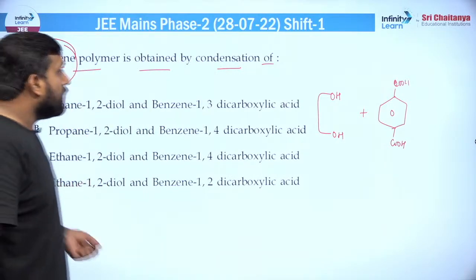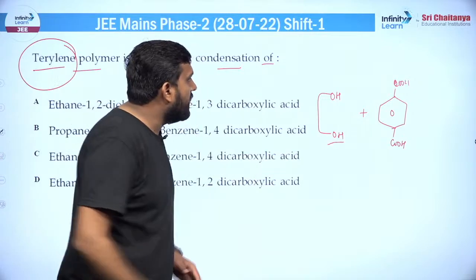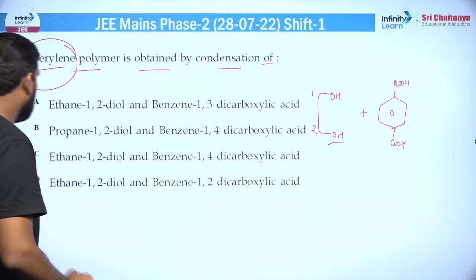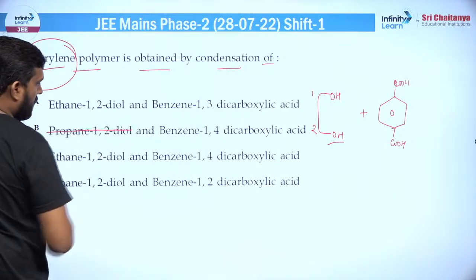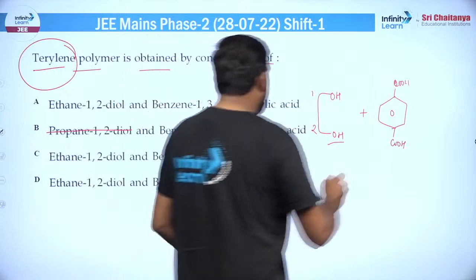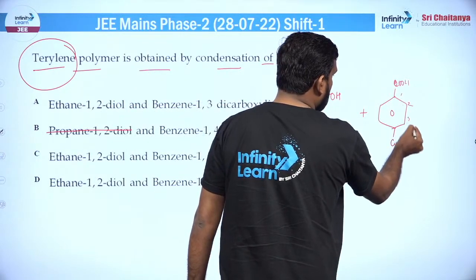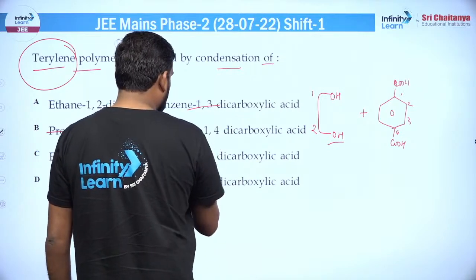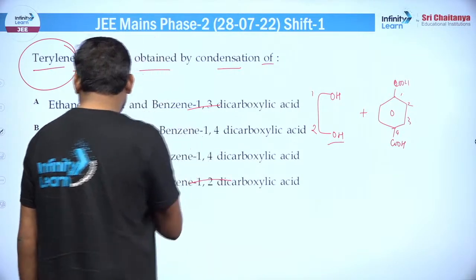तो लेट्स चेक द आंसर्स। IUPAC नेम दिया हुआ है, तो इसको हम लोग इथेन 1,2 डायोल बोलेंगे क्योंकि 2 कार्बन है और दोनों पे ओल लगा हुआ है, तो ये ऑप्शन गया। अब बचे 3, और ये 1,4 डाइकार्बोक्सिलिक एसिड है, 1, 2, 3 और 4, तो 1,4 वाले बचेंगे, तो ये भी गया, ये भी गया, बस ये एक ही तो बच रहा है इसमें, सी ऑप्शन, ठीक है।